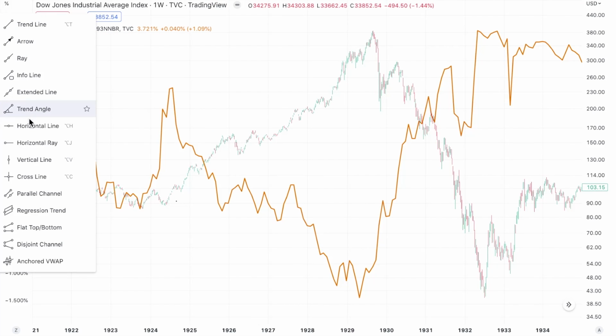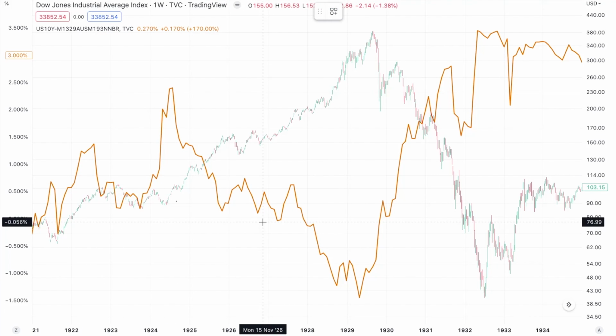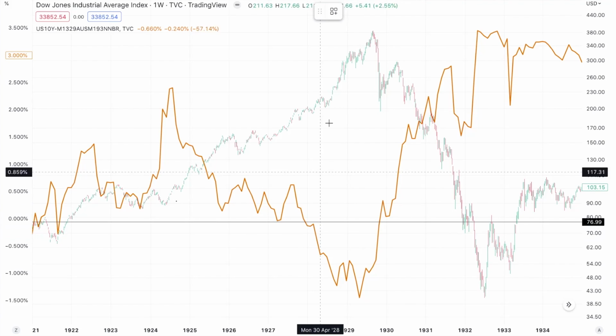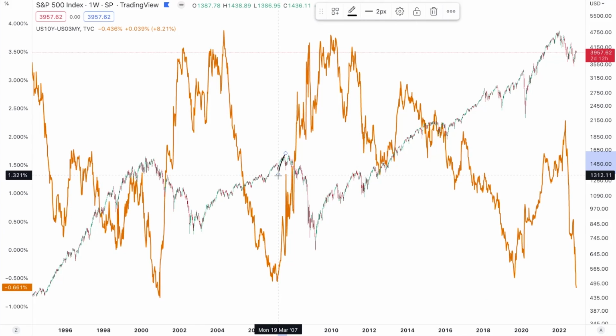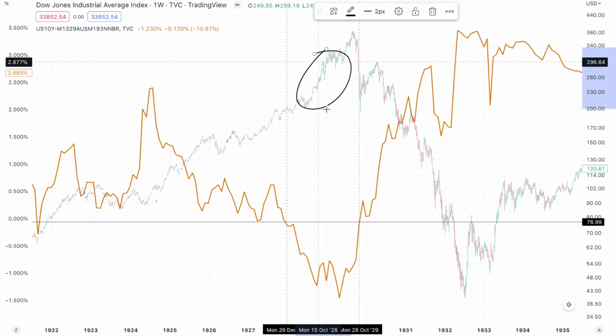So if I put a vertical line at around the 0 line here, and we skip this brief inversion right there, and we use this one, well, you can see that the yield curve leading up to the Great Depression inverted in December of 1927. So even during the two periods where the financial system was probably the most fragile, 2007 and 1928, the yield curve inversion was around 2 years early.